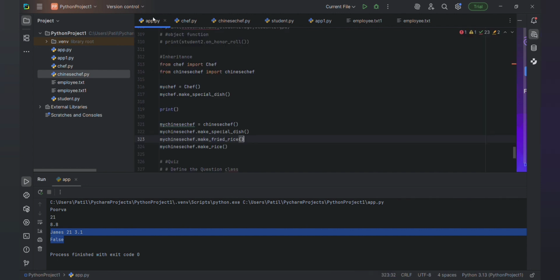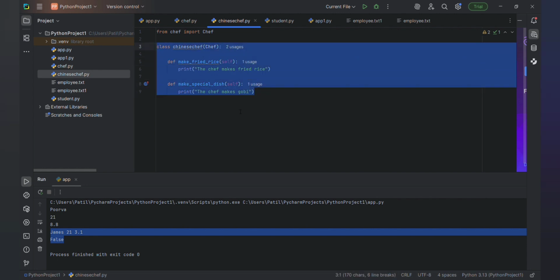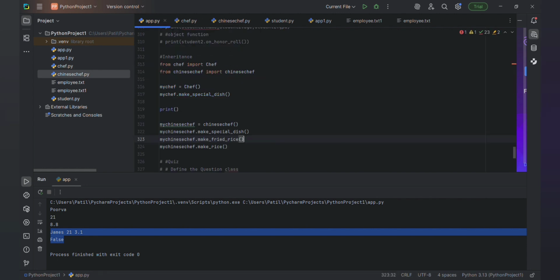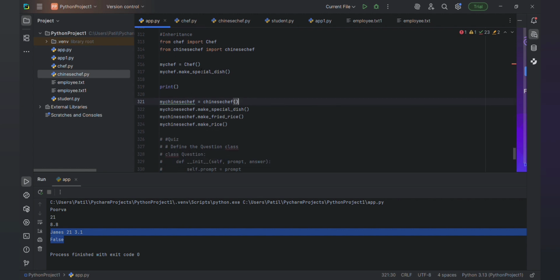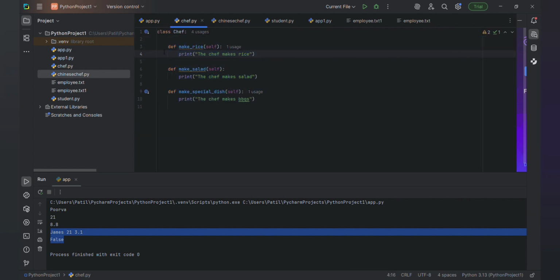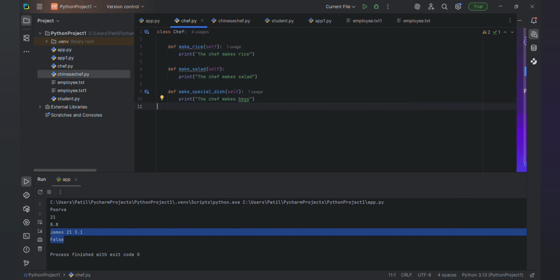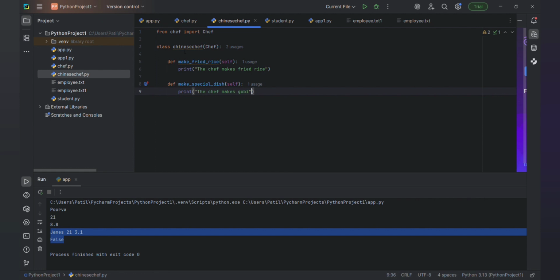So I am inheriting the chef properties into Chinese chef, and it has some other properties. So here in app.py I am importing both the chef and Chinese chef. Chef has these many functions like rice, salad, and special dishes, and Chinese chef has the properties of this.